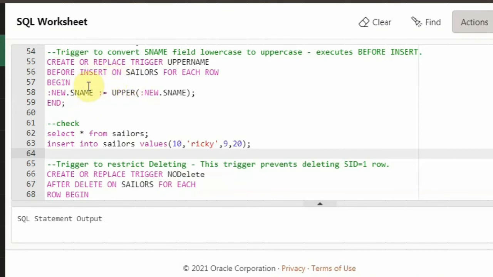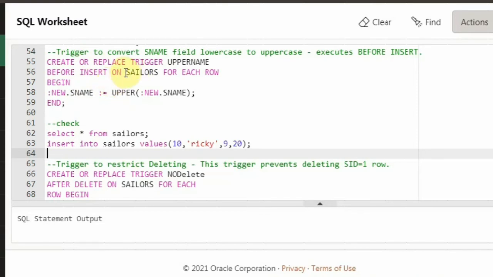If I say after insert, after inserting into the database, this trigger will be fired. Likewise before delete and after delete, and before update and after update, they will be fired before or after the operation takes place. So this is regarding the timing. The next one, you can also have a combination of events. So here I said before insert, I can also say before insert or update, or I can say delete. I can use all these combinations, separated by or.